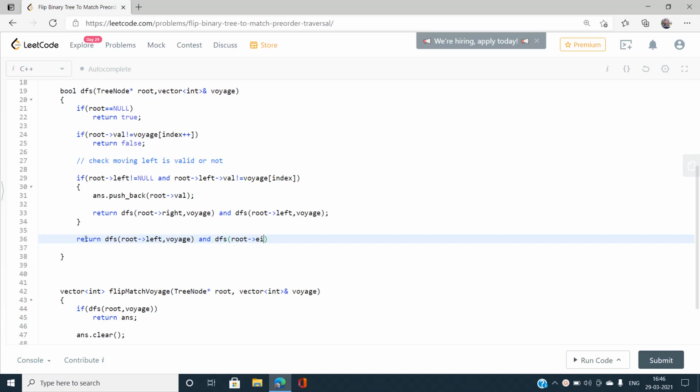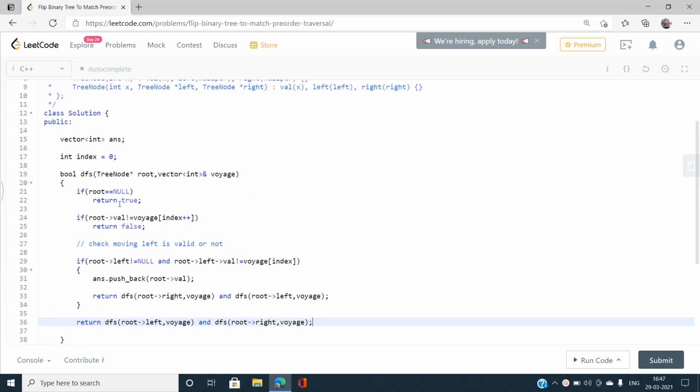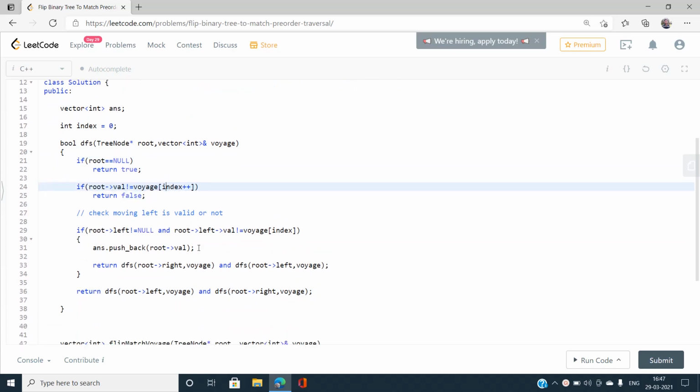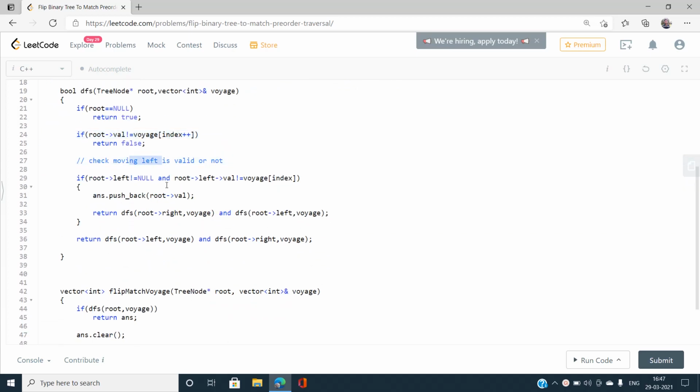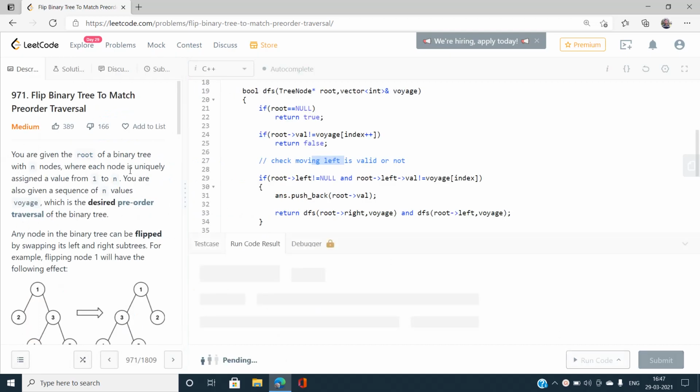This should be valid. Let's run the code now, because if null then true, and if it's not matching, index is incremented, then check that moving left is valid, and yes, it is.